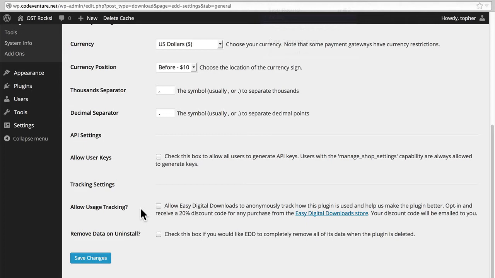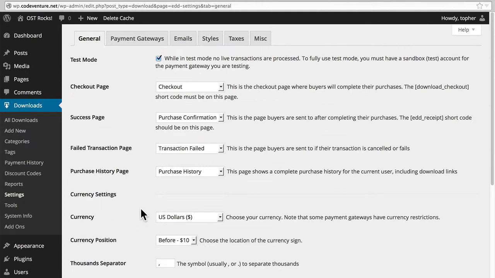And then lastly, remove data on uninstall. Personally, I have found this useful during testing. I'll set up a store, create a bunch of pages and a bunch of products, and then wipe it out, and then create all new ones to start my testing again. You probably don't want this on a production system, because then if EDD gets accidentally removed, your products and your data remain. I'm going to skip payment gateways for now because I'm going to do an entire session on it,